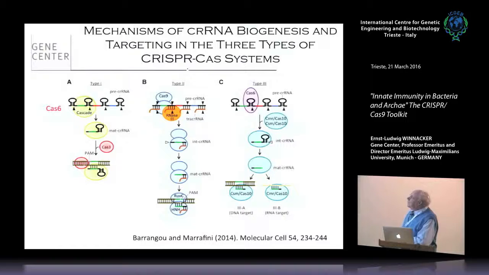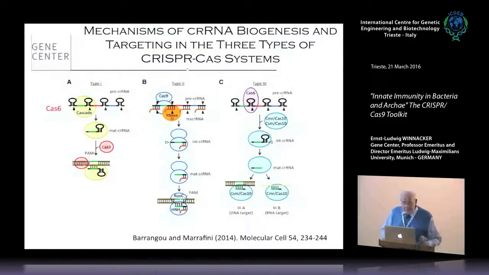The most interesting one is type 2 here, where again, I come to that in a minute. There is not just one RNA, one precursor, CRISPR, CR is for CRISPR, but there's a second one which shows up suddenly, tracrRNA, which I will explain. And then the 2 of them get together and then cut the DNA. This is the type 2 system, and the type 3 system is rather similar to the type 1 system in a very general term, but I will not discuss it here in detail.